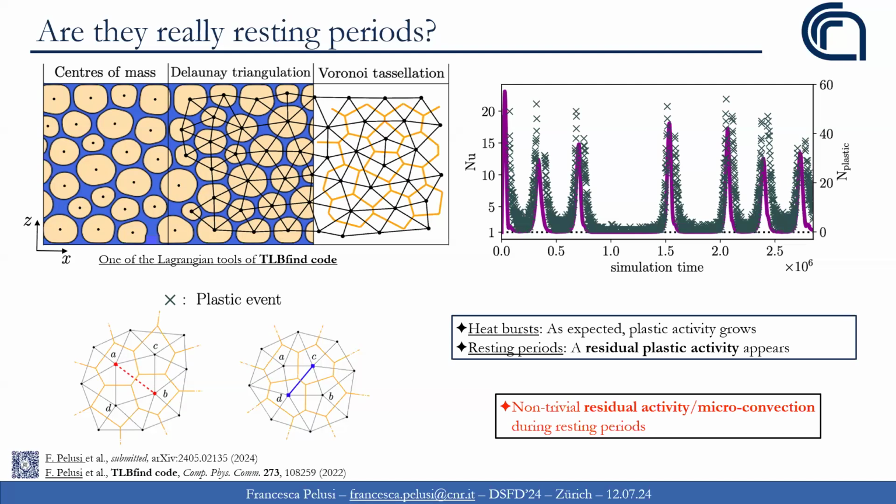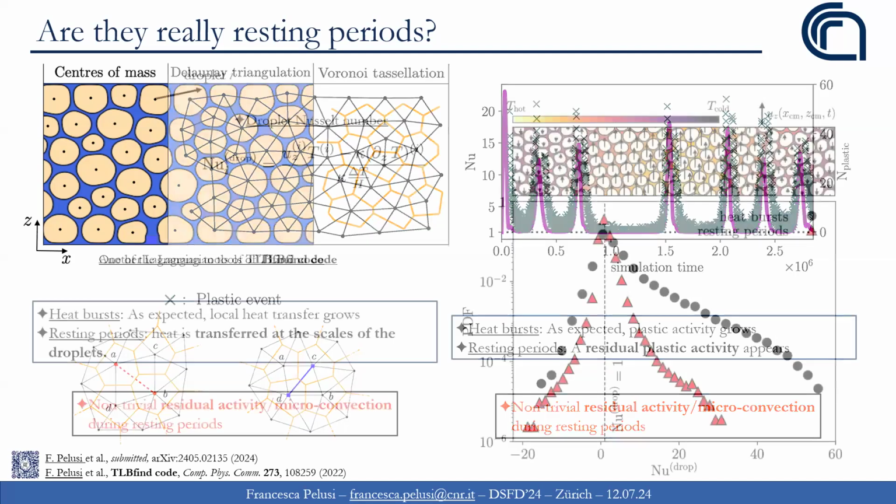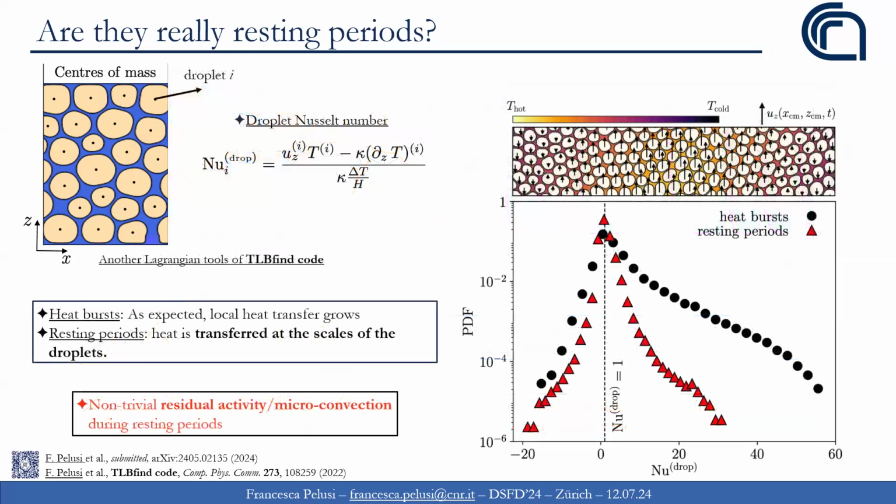So by counting the number of plastic events as a function of time, we see obviously that there is a larger activity during the motion of the emulsion, but there is still activity also during the resting period. So they are not very resting, because there is a kind of residual activity that allows the system to accommodate in the best structural topology in order to move again. And this is further confirmed by